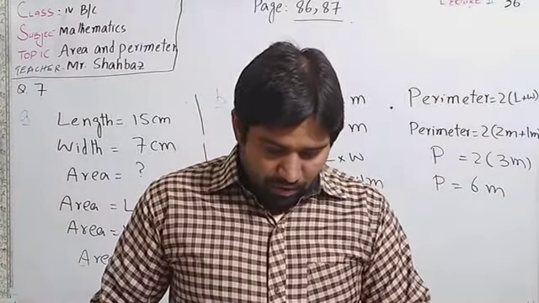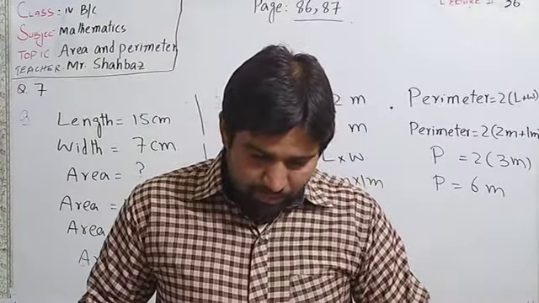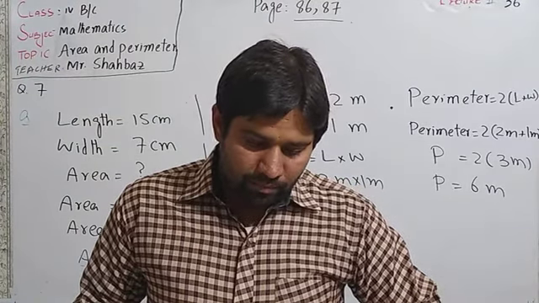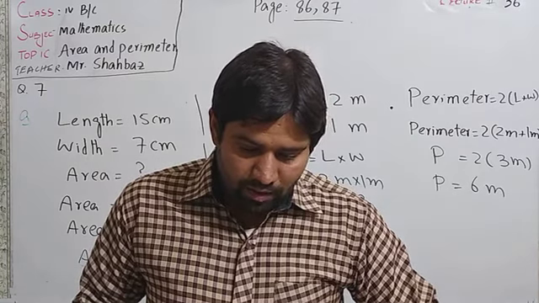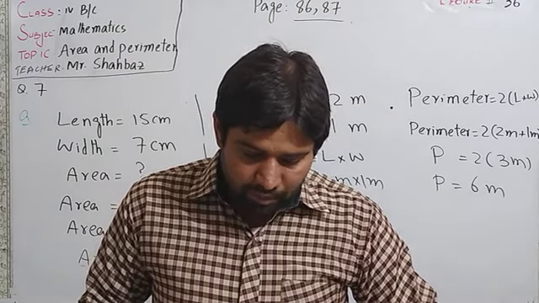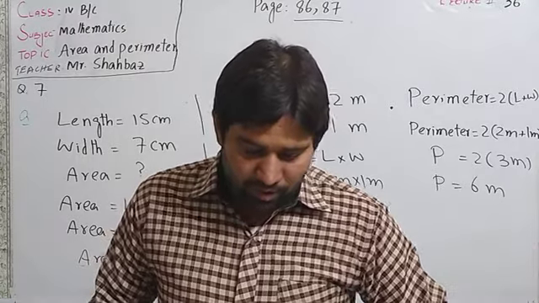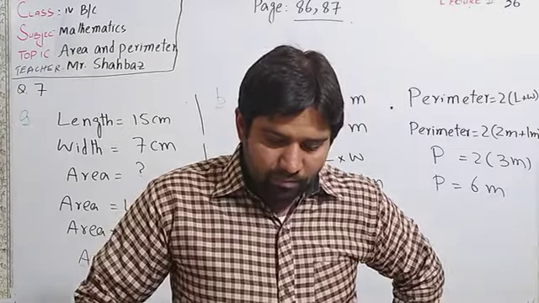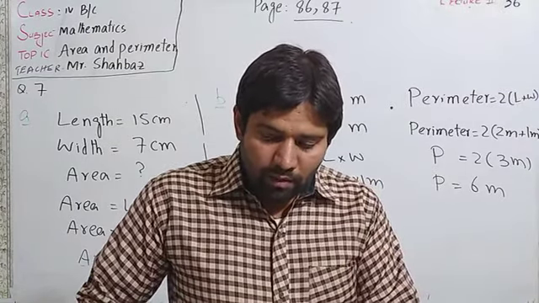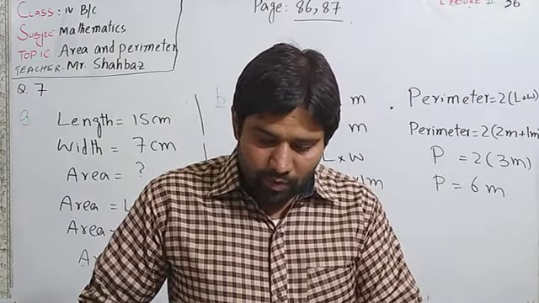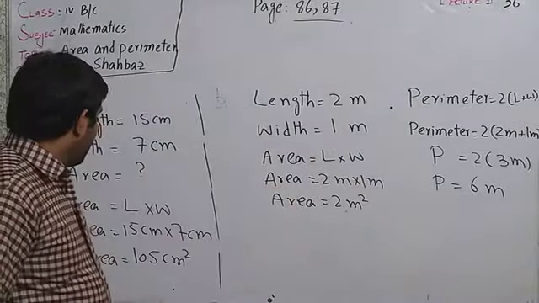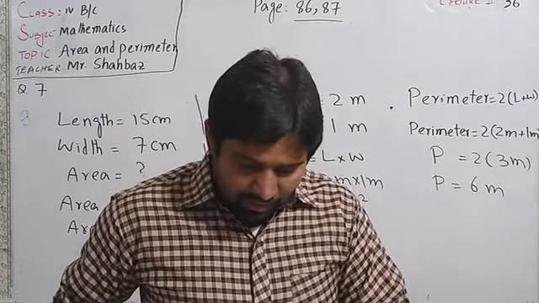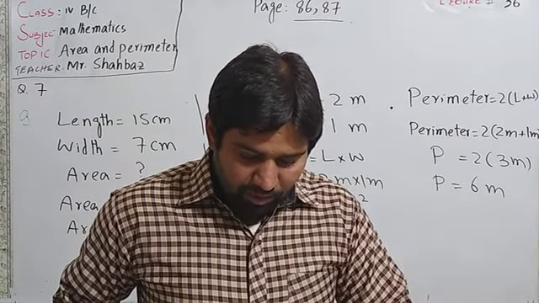Now come to page number 87. On page number 87 you have question 8. Here is Sid's space walker's collection of magic carpets. Work out the area of each. This is your homework. You have to complete question number 8 at home. You have to find the area. You know the formula of area. Area is equal to length multiplied by breadth. It's very easy. Now we come to question number 9.